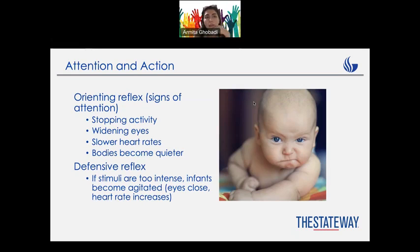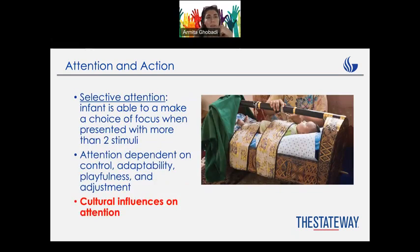So they do have their own attention and action method. Just try to understand them, check the book chapter. This is important. There's another point about attention, selective attention. It is about when you have two stimuli in the environment, the baby would pay more attention to one of them. And depending on how much that object is playful, adjustable, and attractive, they would pay more